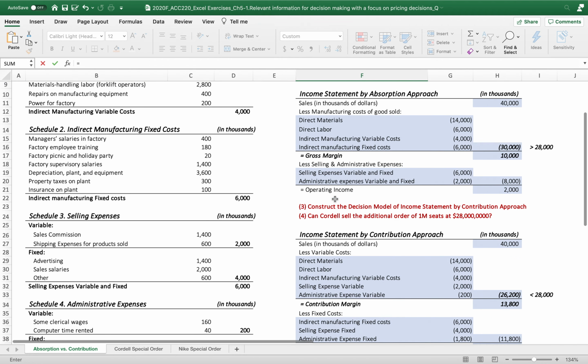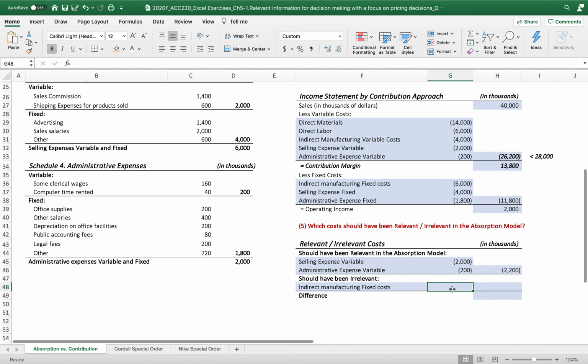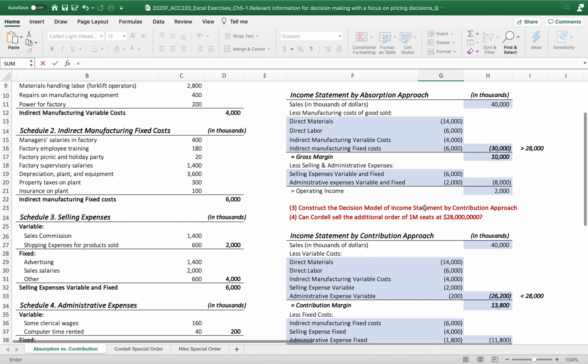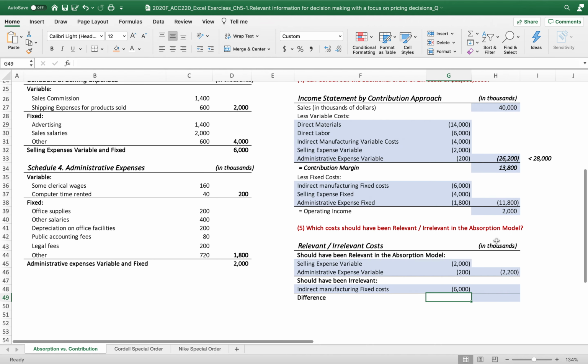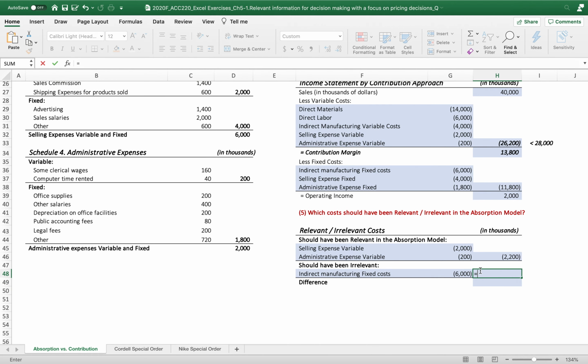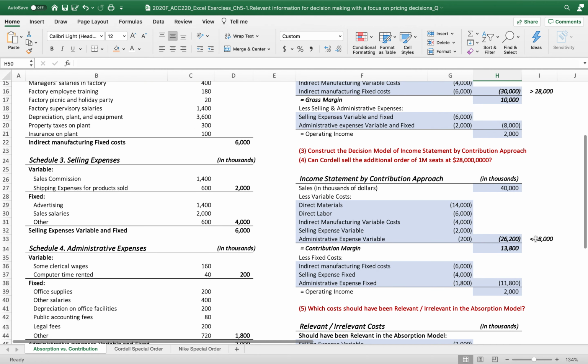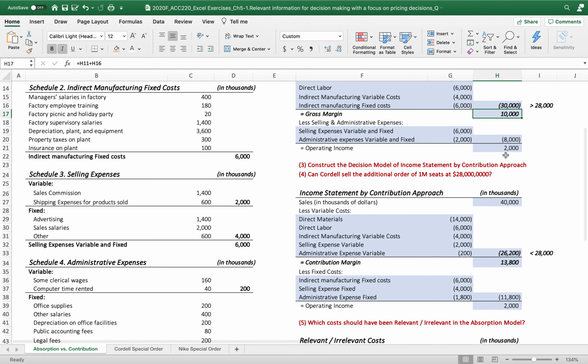So I'm going to take this out. So 6,000 was irrelevant information in the absorption model. So the difference between the two is 3,800,